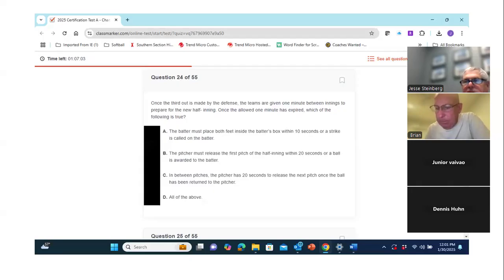Or a batter's taking too much time to get in the box when you say let's go. It doesn't have to be exact, as long as you're consistent.